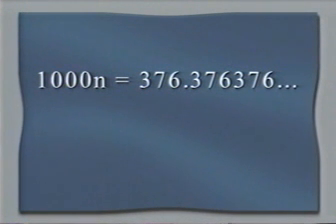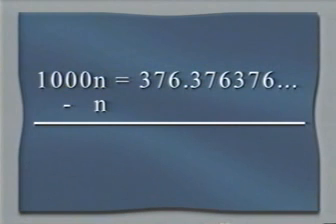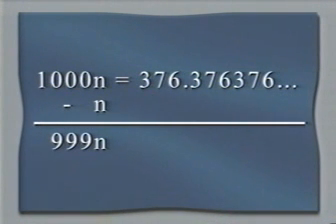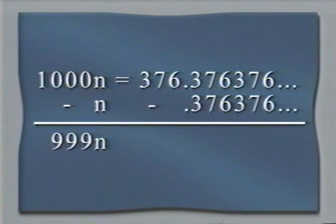So we now have 376.376376. Now remember, there was an infinite number of 376s. So even though we multiplied by 1,000, there is still an infinite number. So 1,000 times this n is equal to 376.376 forever. We then subtract n. We subtract the number. And of course, 1,000n minus 1n is 999n. We subtract 0.376 repeating from 376.376 repeating, and we get